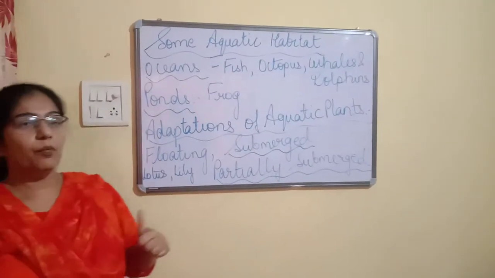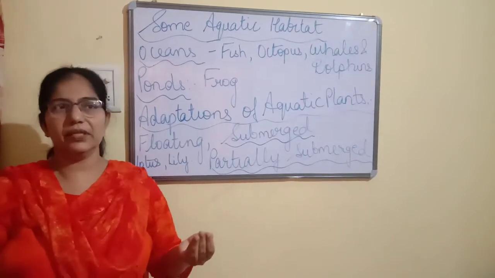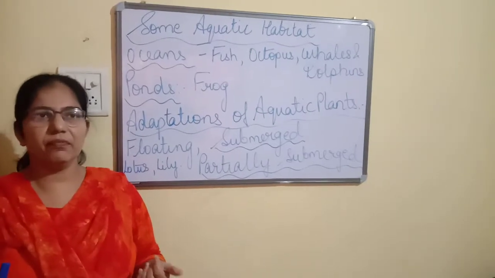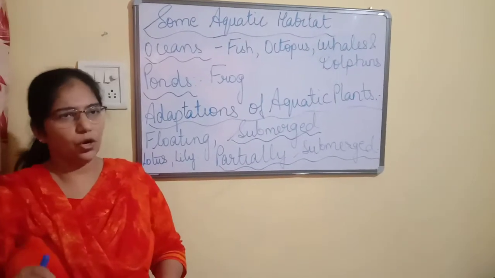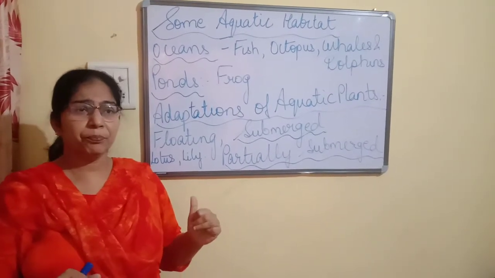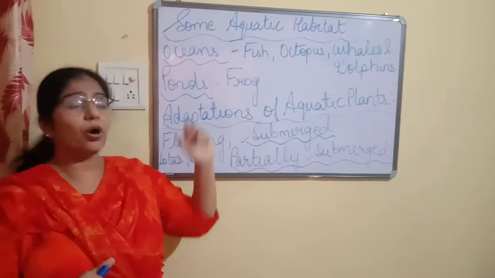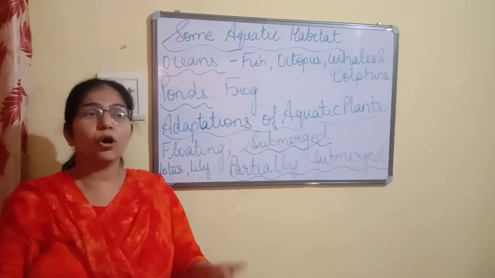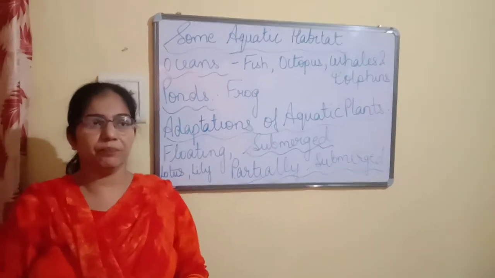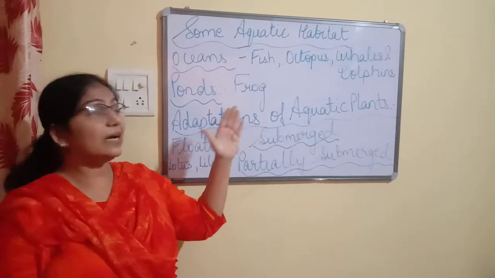Now we come to ponds. Now usually, children, the frog is the most common animal that is found in ponds and lakes. We all know frog is an amphibian, so it can live on land as well as in water. Now how is the body of frog adapted, children? Firstly, the back legs are very well developed or strong in frog, which helps the frog to jump or leap on the ground, and it has also got webbed feet so that it can swim in water. So this is regarding the animals.